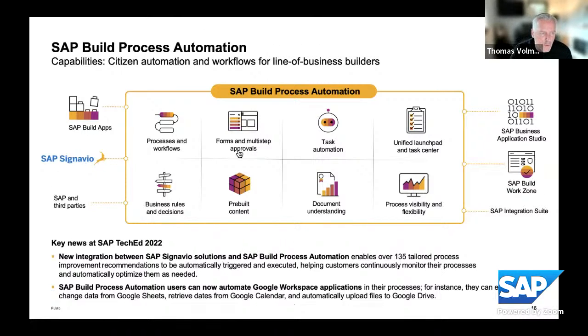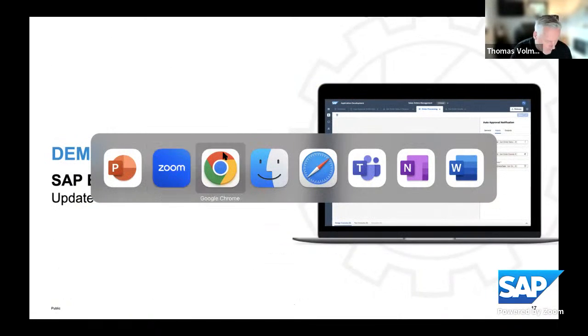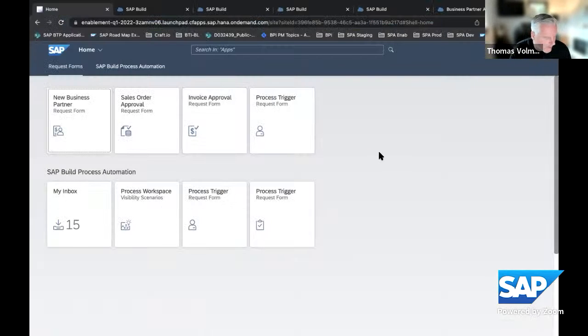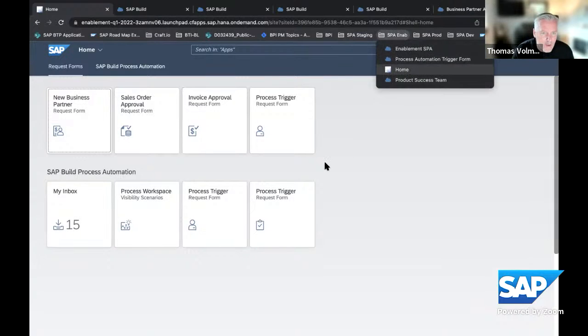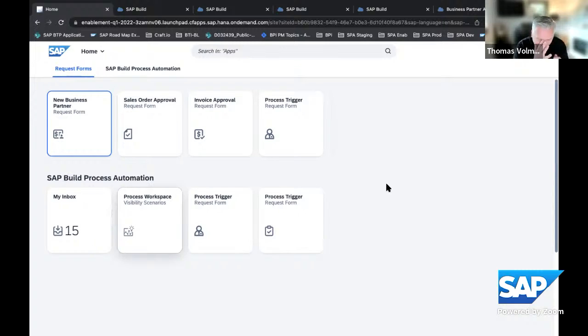I actually want to show you directly a little bit of an update in the product itself. Let me start here with something that you've probably seen. I call it a process desk. You basically have your Launchpad, now SAP Workzone Standard, where you have configured several tiles like your inbox and tiles for how you can trigger a process. One thing that I want to quickly highlight here is that we now have support for Horizon, the new Fiori Horizon theme, which makes it really look fresh.